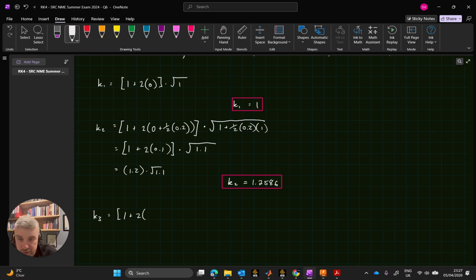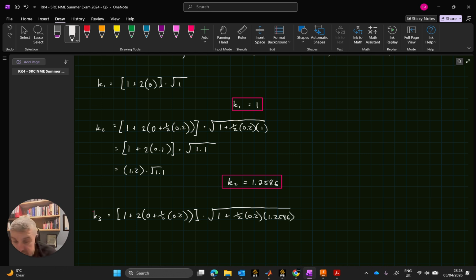The t value again is this up here, 0 plus 1/2 of the step size, 0.2, multiplied by the square root, so slightly longer. It's going to be 1, my x value, plus 1/2 of the step size, 0.2, by my k2 value, which is